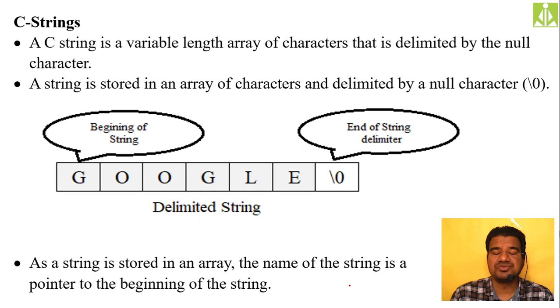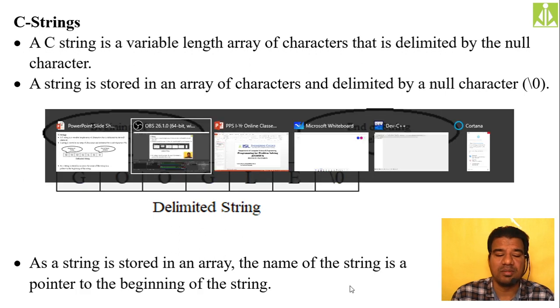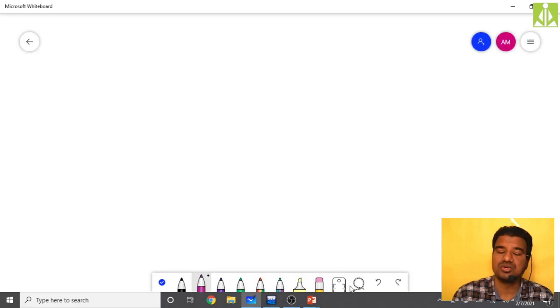Because when it comes to a string, we have a restriction that the last character should be a null character. That compulsion is there. If you have a character array whose last character is the null character, then it will become a string. So a string is a character array with a delimiter. That's the reason why not all character arrays are strings. Because in your character array, you may or may not have the delimiter. But inside your string, you must have the delimiter.